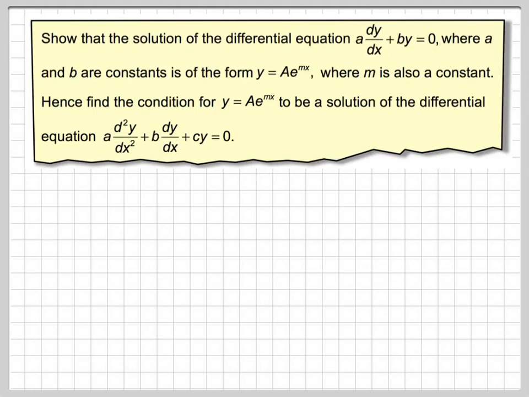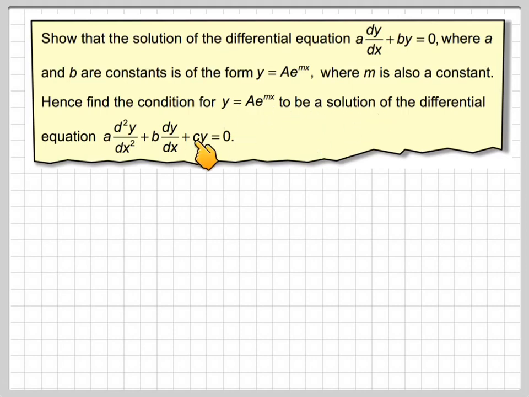Hi, in this video we're going to look at solving second order differential equations. First of all, we're going to start with the first order differential equation. It says, show the solution of the differential equation a dy by dx plus by is equal to 0, where a and b are constants, is of the form y is equal to A e to the mx, where m is also a constant. Hence, find the condition for y is equal to A e to the mx to be